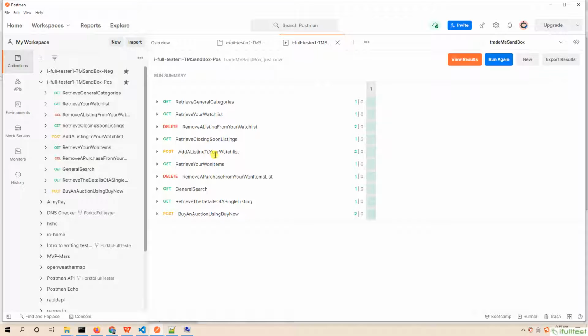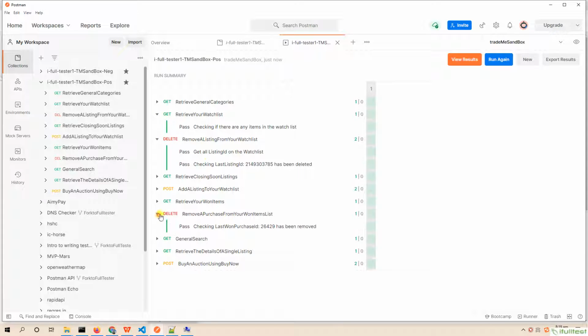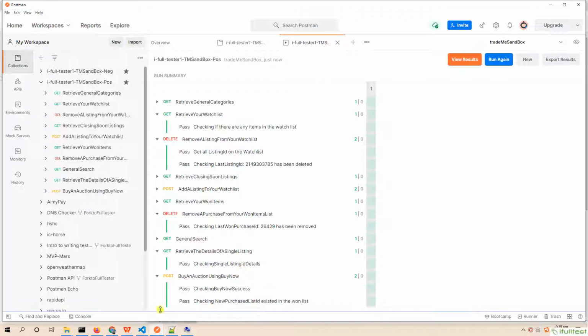See, all the assertions we coded in our scripts are shown here. Then check the more detailed report from the console log.